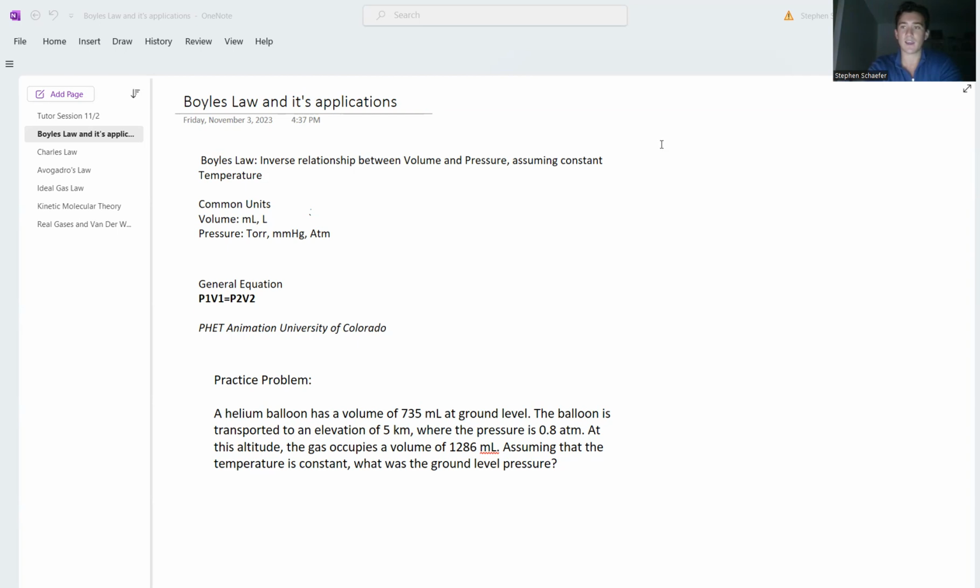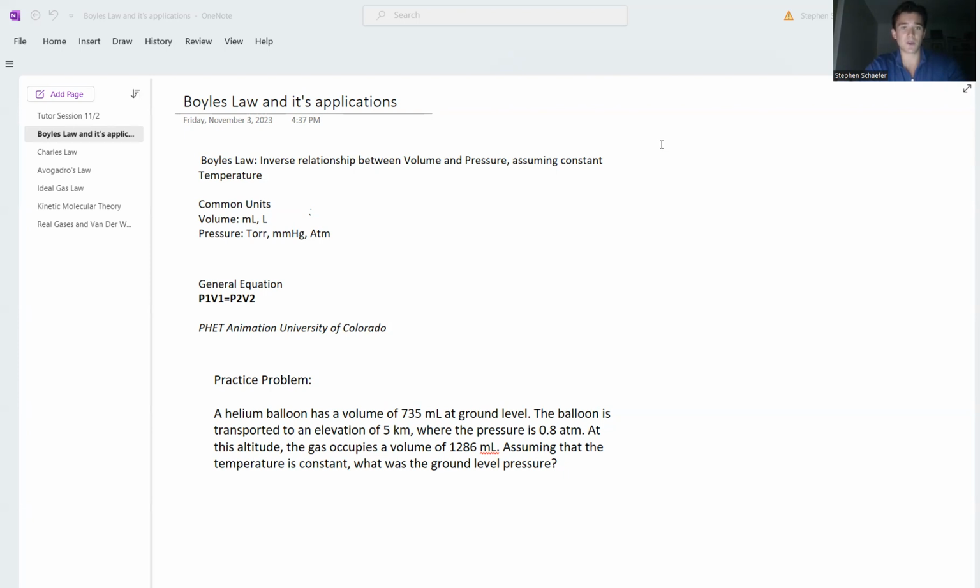mmHg, and atm. So the general equation for Boyle's law is going to be P1 times V1, and we're setting that equal to P2 times V2. This is going to allow us to isolate a single variable using some algebra. And then if you want a more qualitative